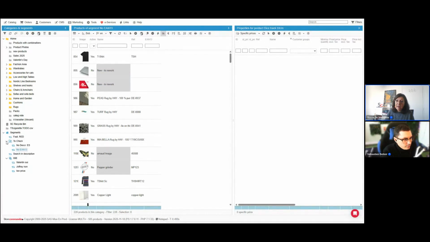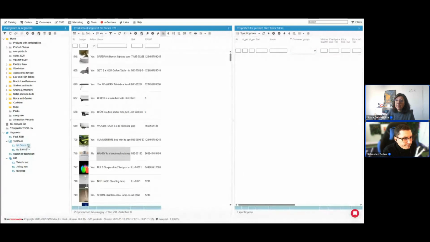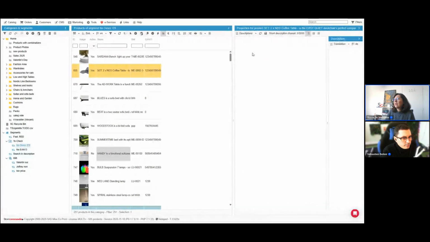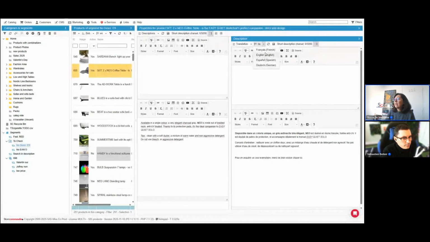For example, here I created a segment for missing information, but I only put the example of the barcode and the description in Spanish. So these are all the products that don't have a description in Spanish. I can go into the descriptions afterwards and go into my Spanish.